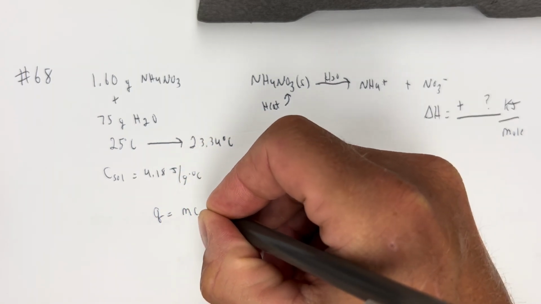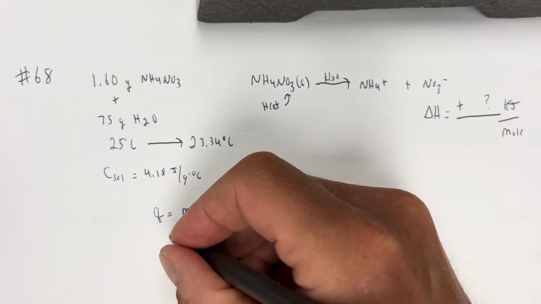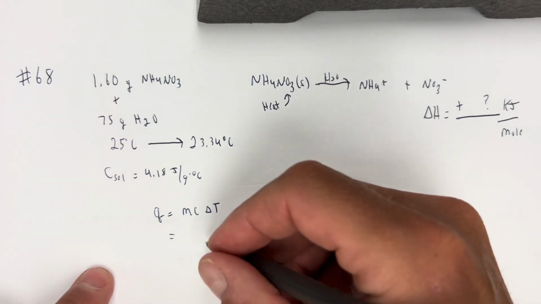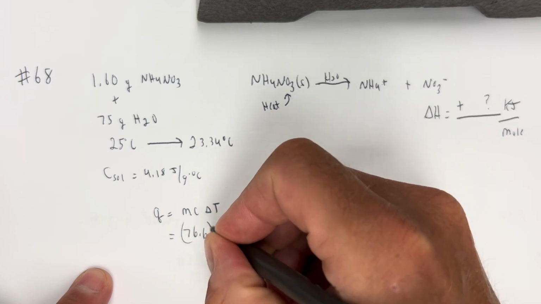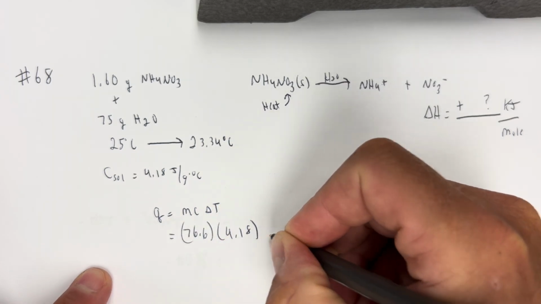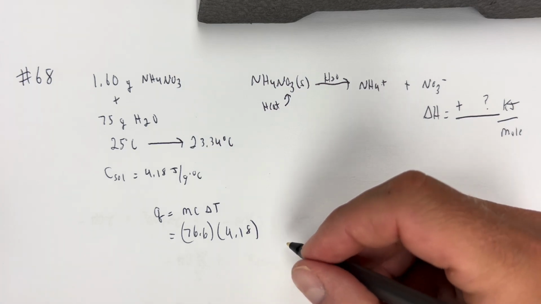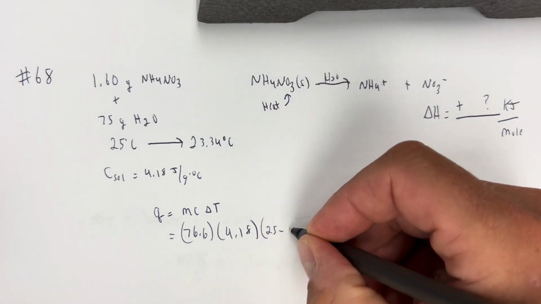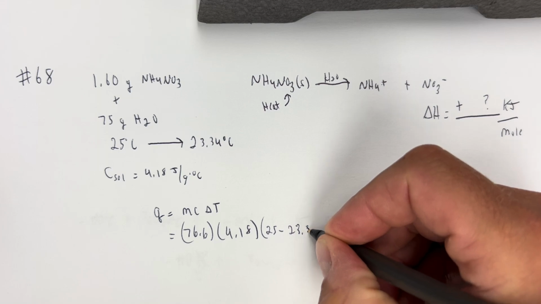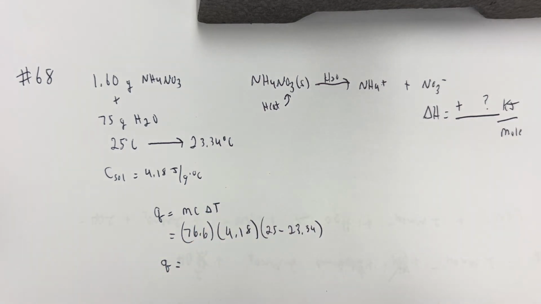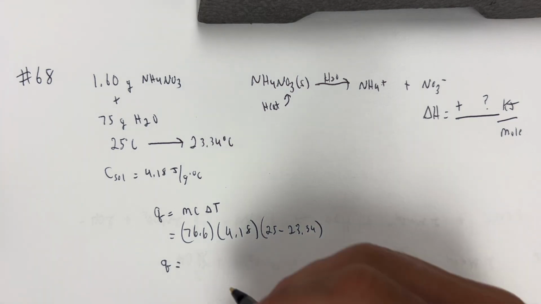Q equals MC delta T of the solution. So our solution mass would be 75 plus 1.6, that would be 76.6 grams. 4.18 is what they gave us for specific heat of the solution. Change in temperature is our 25 minus 23.34. When we do this, we get a Q of about 532